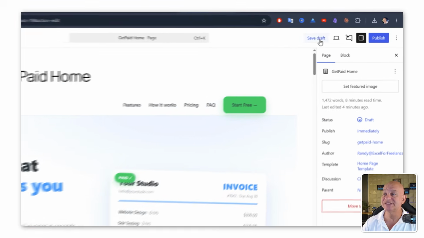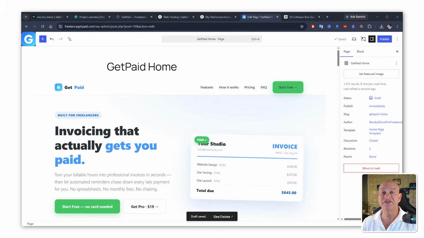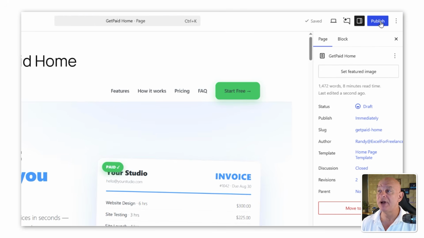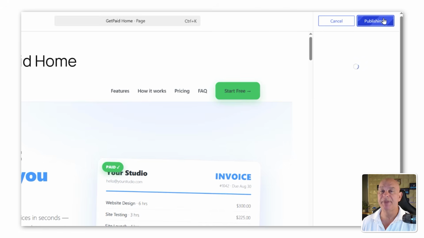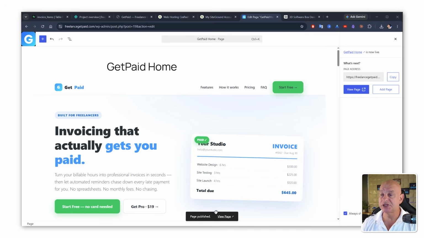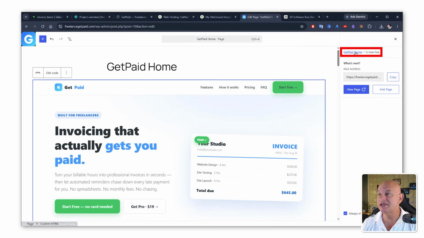Now I simply want to save that draft. And then of course we are going to publish it. Okay, the draft has been saved. Now we could preview it or publish it. I'm just going to publish the page. Now that it's been published, I'm just going to click view the page, or I can click here, and it's